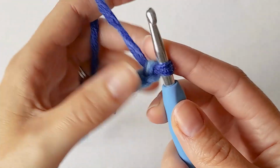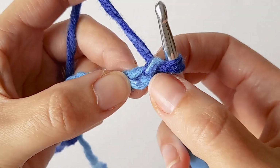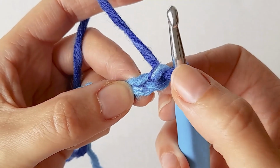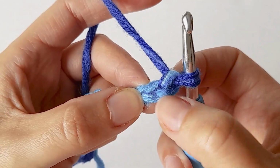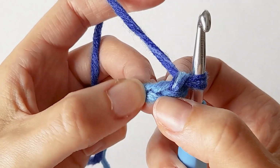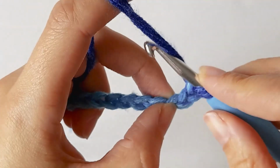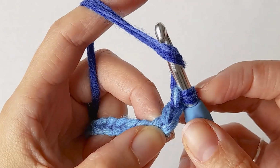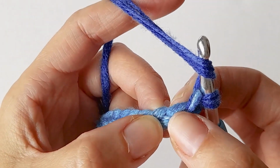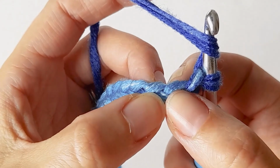Okay, once you've chained 12, you want to skip the last two chains that you made. So not this one on your hook, but skip 1, 2, and you're going to double crochet into the third chain. So yarn over your hook, skip 1, 2, insert your hook into the third chain,